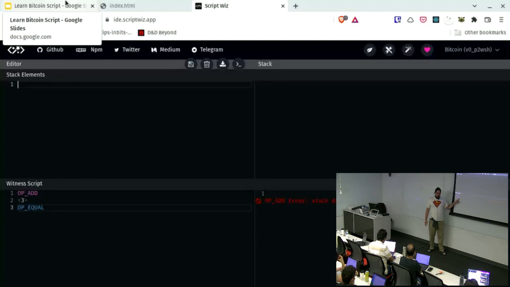You'd still use op equal if you wanted it to trigger an if, because then you'd need a 1 to trigger the if. But if you just wanted it to continue and do the next thing, you use op equal verify. And I'm getting an error,